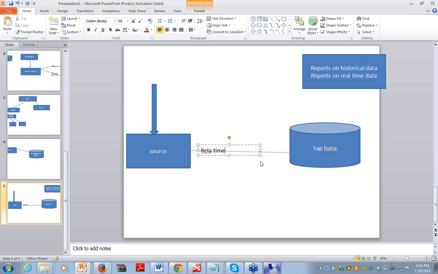Whereas there are some spontaneous decisions required for the business, so for that we need reports on real-time data. So in order to achieve the real-time replication in SAP HANA,